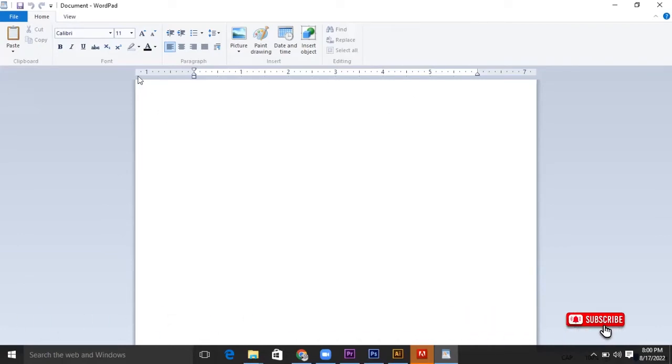When you look at it, we can see we have Home, File, View, then we have these buttons here of the control section. In the control section, we have close, restore, and minimize. So we have this font section, paragraph, insert, only that. Then you have the clipboard, which has copy, cut, and paste. So those are the only features which come with WordPad. You cannot edit a professional document, but you can do a quick document